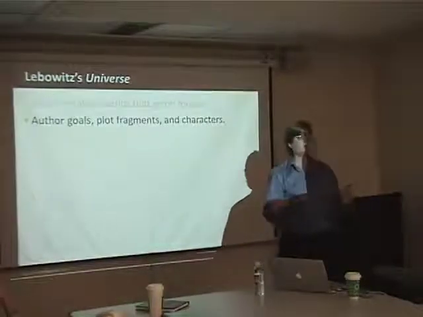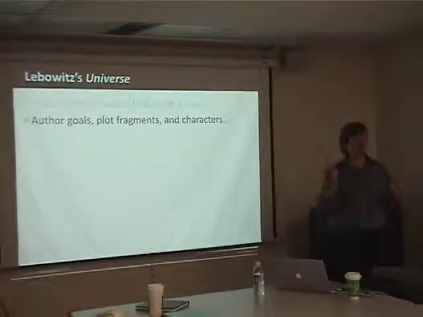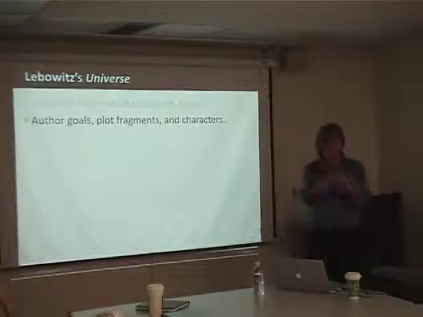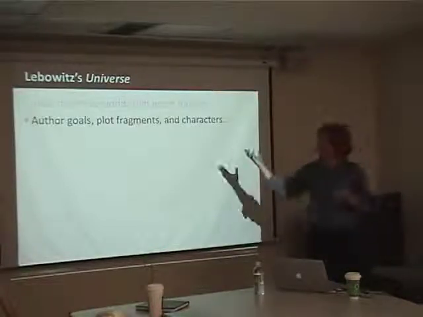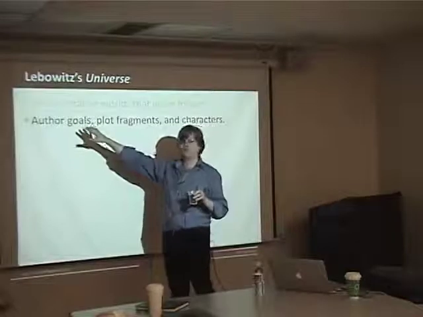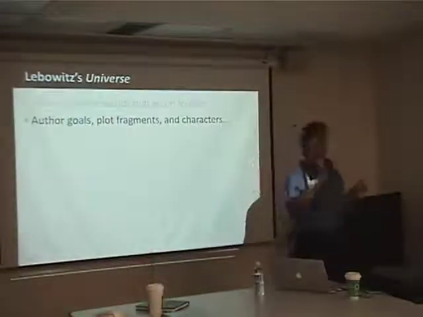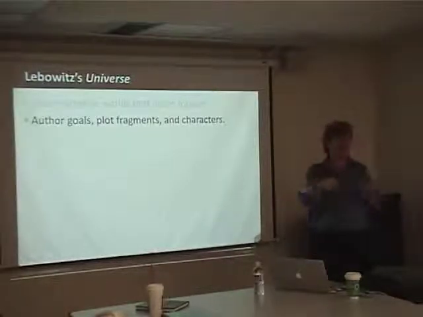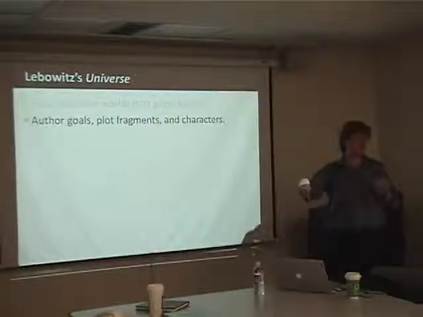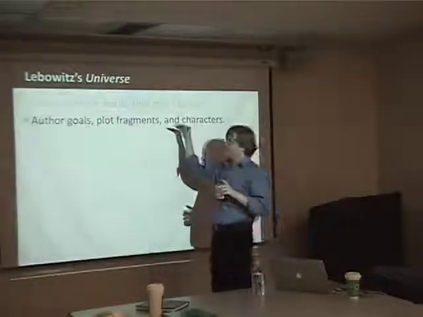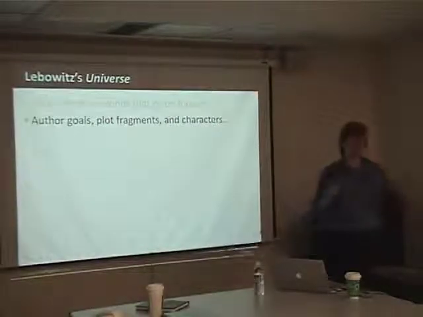character goals, right? So, for example, one of the goals that you might have as a soap opera author is to take lovers who are meant to be together and make it really hard for them to be together, right? So one of his author goals is churning lovers. And one of the plot fragments that can accomplish churning lovers is something called forced marriage, where one parent forces one of the partners to get married to someone they don't really love, right? Eventually, the parent will be removed or some other obstacle will come in the way of the forced marriage and it will break up.